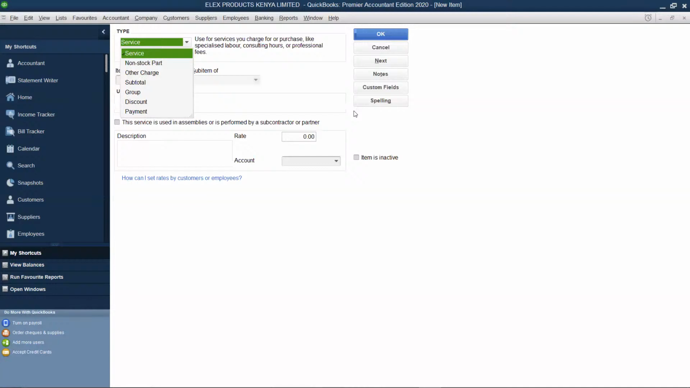When you choose new, this window pops up. The window requires you to key in the following about your product. Number one is the type of product. Number two is the item name, the sub-item of. You have the description, the rate, the account, and all that. But look,